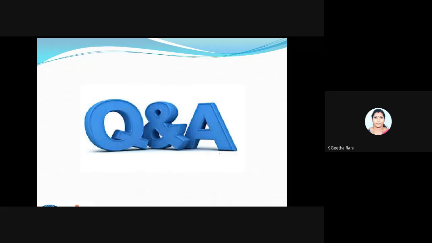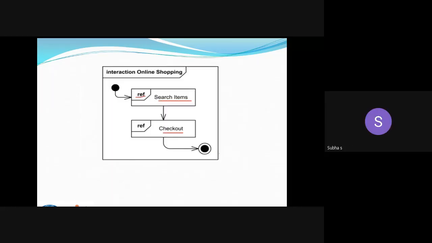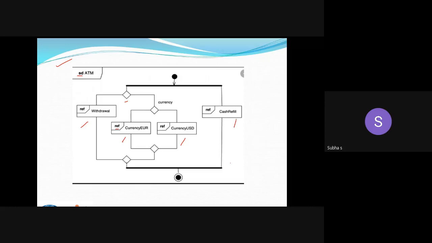Any other doubts? One thing I want to tell, like ref. Geeta Rani ma'am, go to the previous slide, ma'am. Yeah, I'll go, ma'am. We saw that in the class diagram, we used one loop. For iterations, we are using loop. In that also, instead of ref, you saw that LOOP. That loop is a keyword. It is used for mentioning the for loop. It means that that step is repeated for n number of times. Like that, here ref is used. So try to correlate with other diagrams also. Then only it will be clear and understandable for you all.